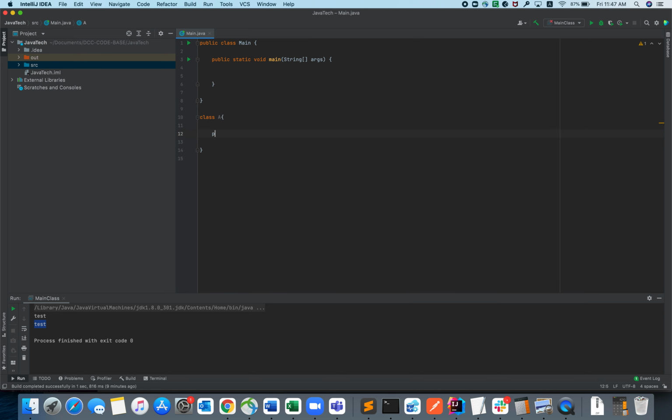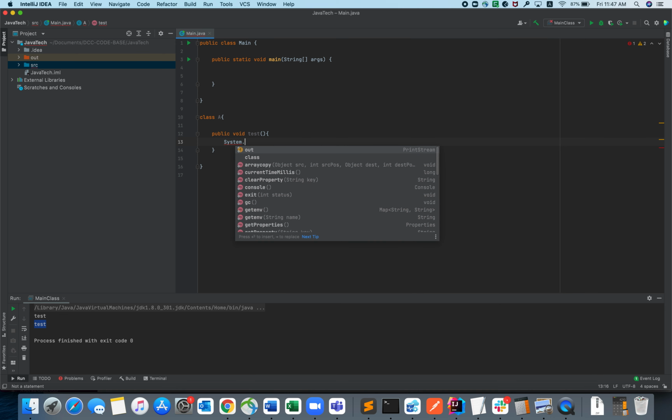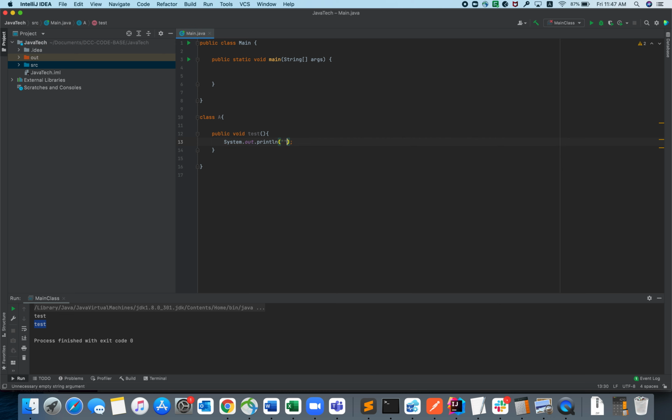So the first method which I'm implementing is a public void test, which is not taking any argument, right? And inside that, let me create some SOP. So let me print inside test method, right?